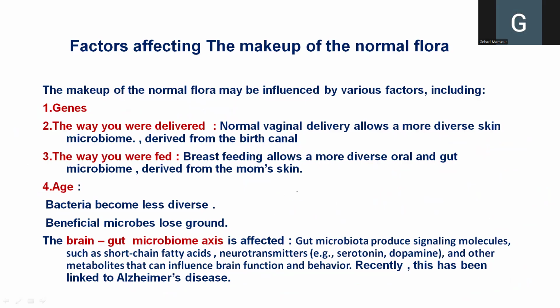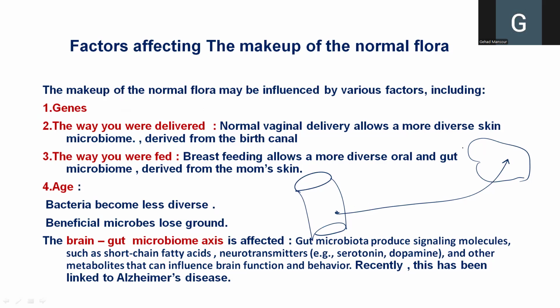gut microbiome axis. If this is part of the gut and this is the brain, so via blood, there is a connection of blood vessels that connect the gut to the brain through the heart, of course, and through the blood, so the cardiovascular system, and any useful chemical product that is produced here in the gut will be carried via blood to the brain. So we have important neurotransmitters, and at the same time, they are hormones. So we call them neurohormones,